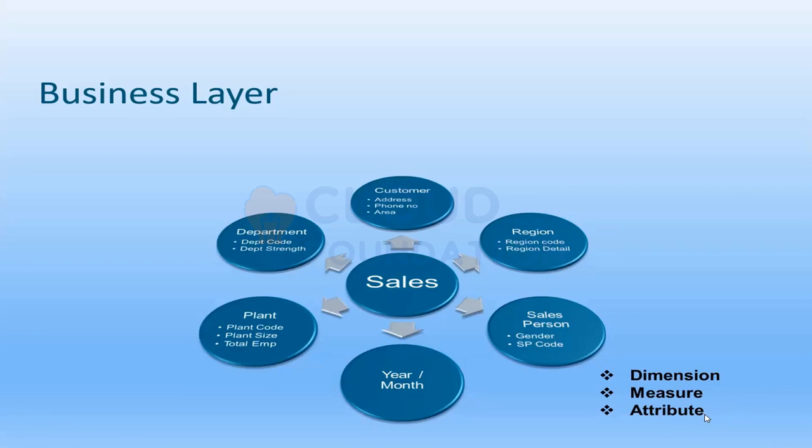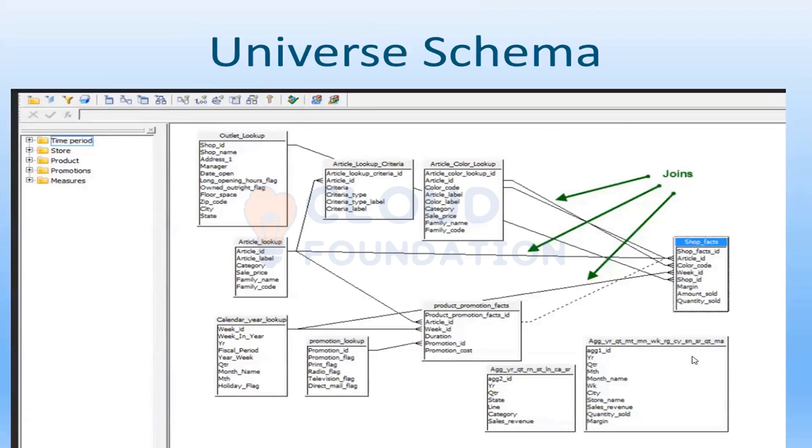All these numerical data come under measure. Attribute is a detailed level of character data. I just put this image here to understand better. As I'm telling, in our data foundation layer, we will import tables and create joins. These are the multiple tables that we can use here. This mainly deals with the product and outlet, like store details, product detail, and article detail. And this is a fact table.